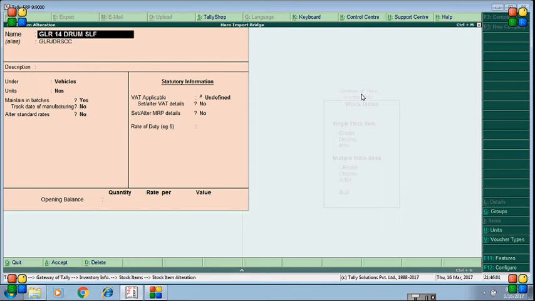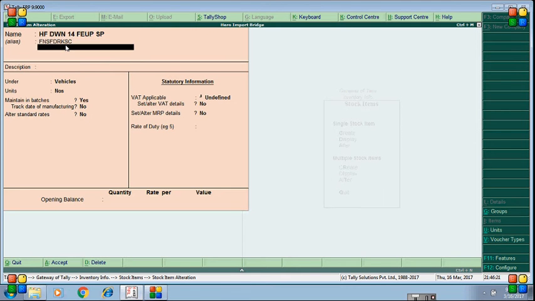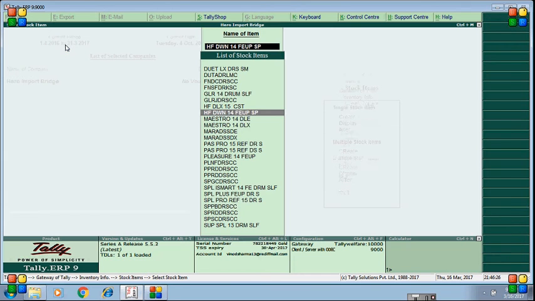So instead of changing names, we can put an alias to the model name so that it will map with the Hero item name, the Hero model name. And we have to enable the maintain in batches option for this. Like this we put the alias for each and every model so that it gets linked with the Excel file.